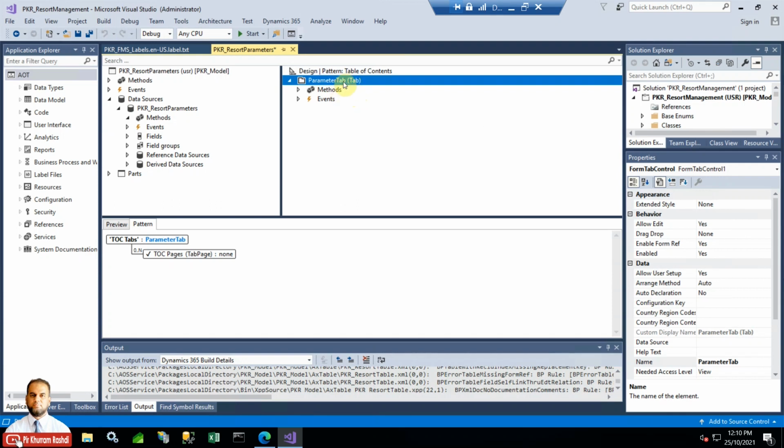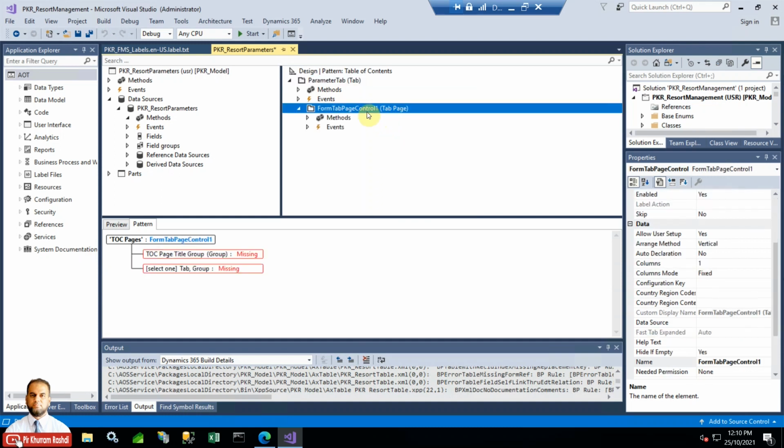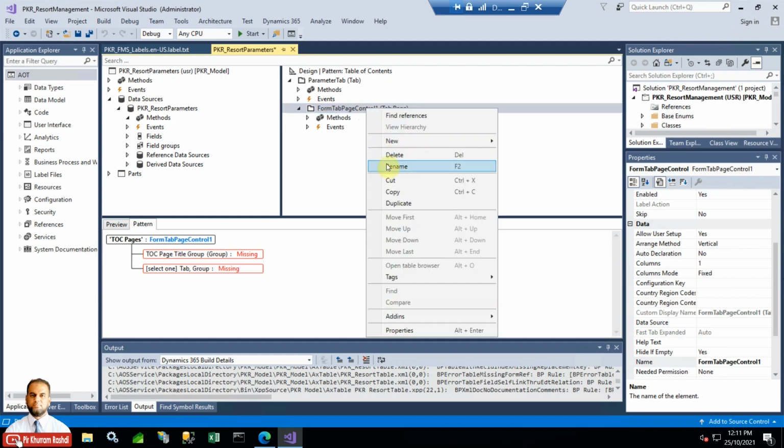Now inside the tab we can add pages. So just add a new page here, and usually the first tab must be the journal tab. So just rename this